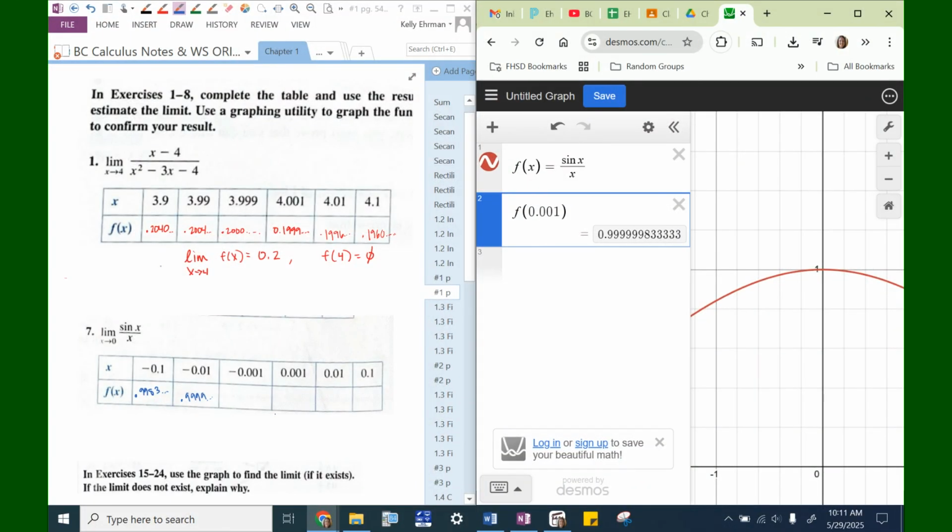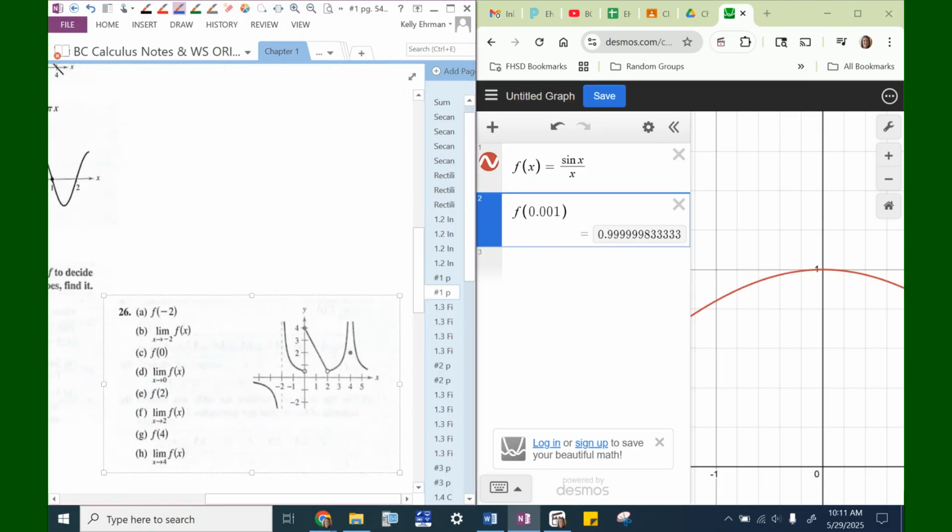You're not going to have to fill in a table for your AP exam. But the idea here is, look, as we get close on either side, this gets closer to 0.9 repeating. This would round up to 1 if we were rounding to 3 places. So yes, my estimate numerically is that the limit